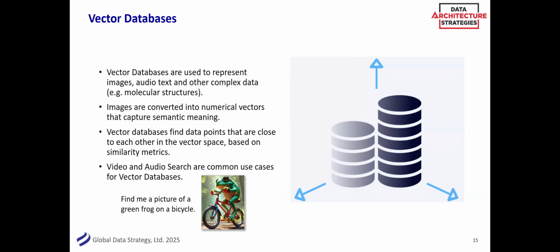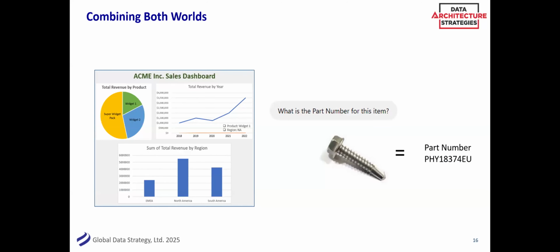So something to think of when we think of architecture, and how architecture can drive our business decisions. And it is a both and. Like I said, you can combine both worlds. What is the part number for this item? Do we have a common hierarchy for when we do have the image recognition for that? Do we have something like a RELTIO that helps you with the hierarchy of part numbers? And is this the right part number?